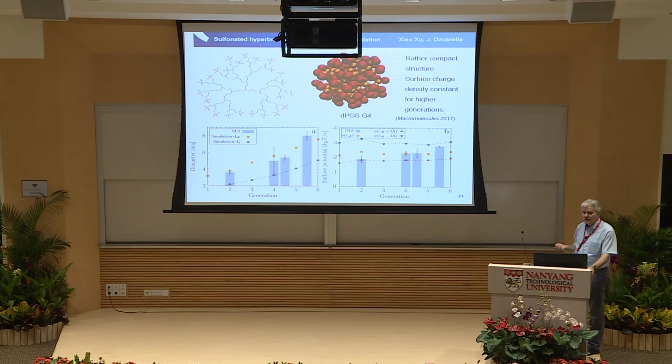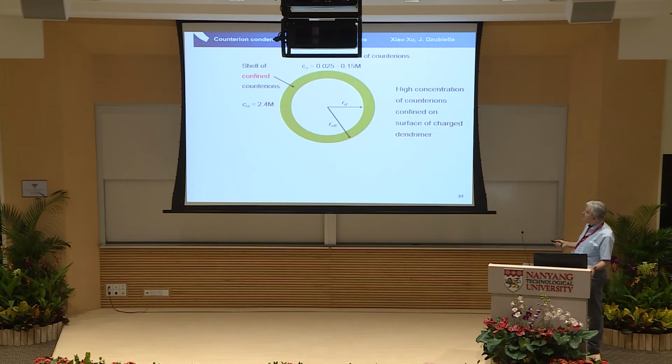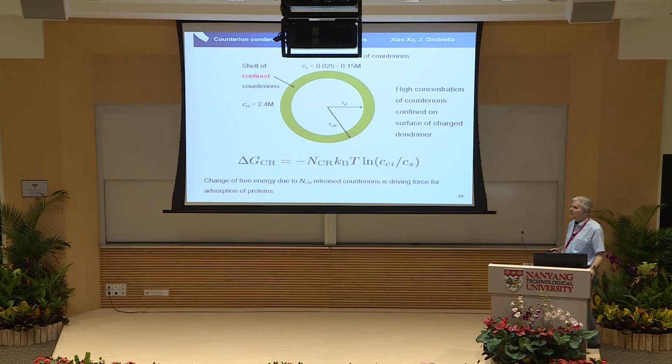And then I think very important, if you talk about counter ion release, you know that you have the spherical core of your dendritic structure, and then you have a shell of condensed or confined counter ions. Now you can put a number on this concentration, and you see a 2-point-something molar concentration. This is far more than 150 millimolar in your bloodstream. This means counter ion release is operative under physiological conditions, and you can calculate the gain in free enthalpy